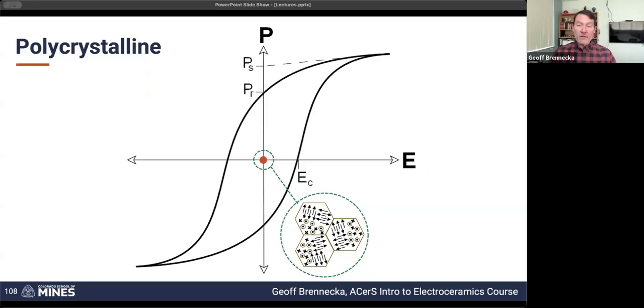So if we start off with a completely random sample, it's been sintered and densified and then cooled, and it went through a phase transition, just like we talked about with barium titanate. Then you're going to end up with grains that are completely randomly oriented relative to one another. And within those grains, you will have formed a bunch of domains that minimize the overall free energy of the system. And they do that by minimizing the macroscopic electric field and by minimizing the macroscopic strain. And so what that means is you end up with this collection of domain structures